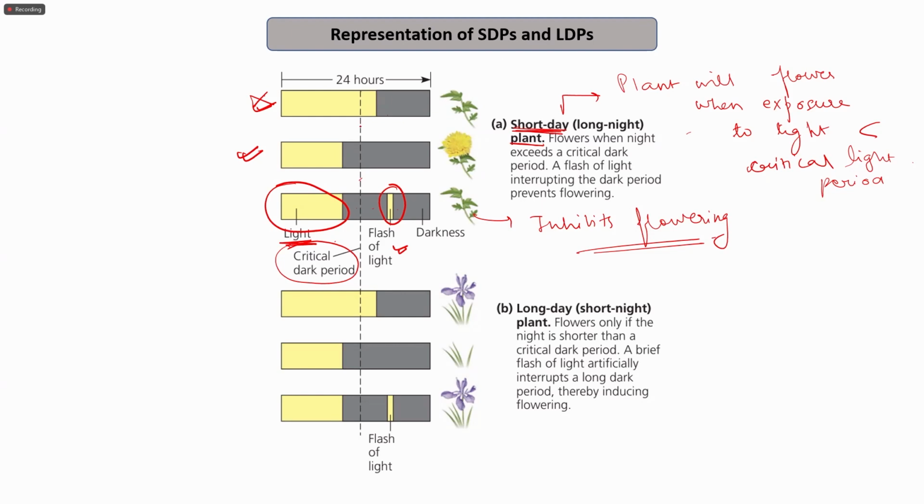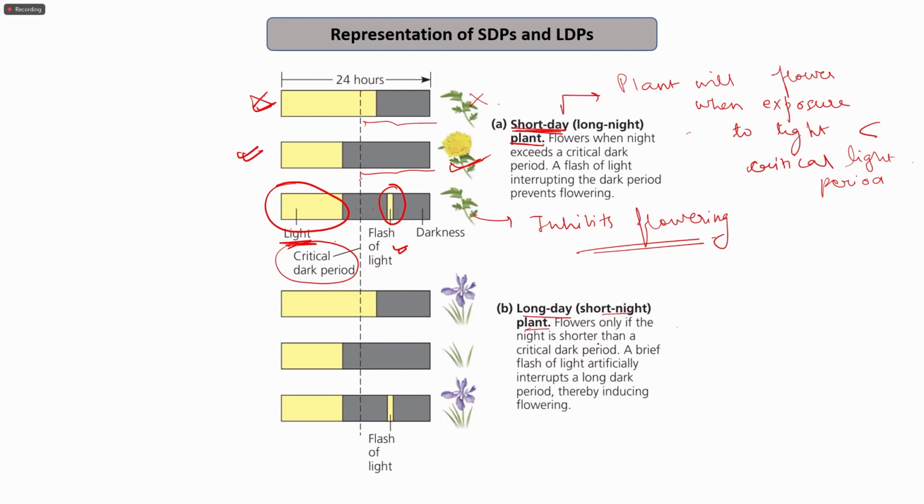So we can see that in this, the darkness is not maintained up to this, therefore there is no flowering. Even in this case, the darkness is maintained, therefore flowering happens. But in this case, there is a brief exposure of the light, and therefore there is a hindrance and inhibition of the flowering. And if I talk about the long day plants, which are the short night plants, flowers only